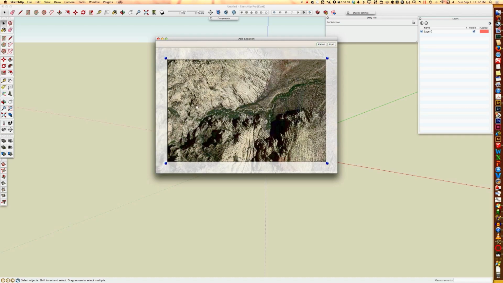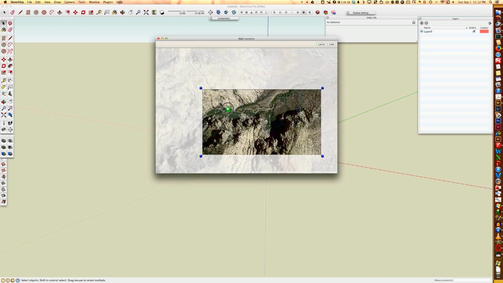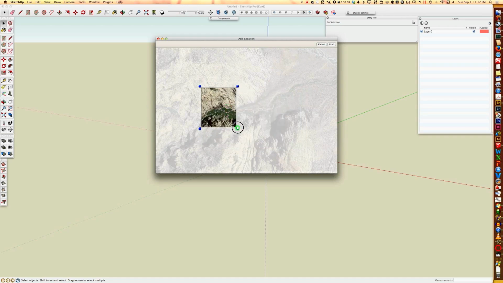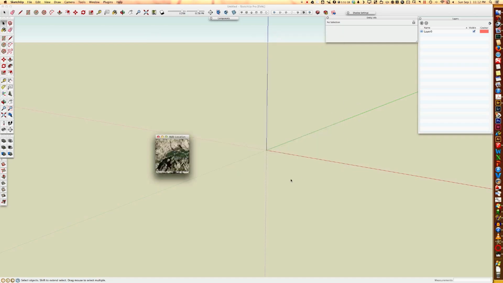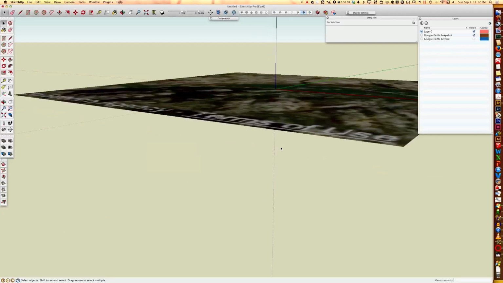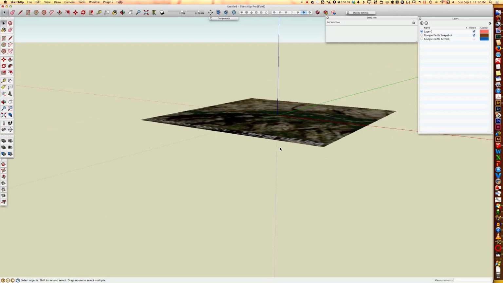So we pick Select Region, and we just want to zoom in on the specific area that we're interested in. So let's say that we're going to be looking at this particular region right here. And once you have that approximately correct, say Grab, and then that pops up into your model. Now,